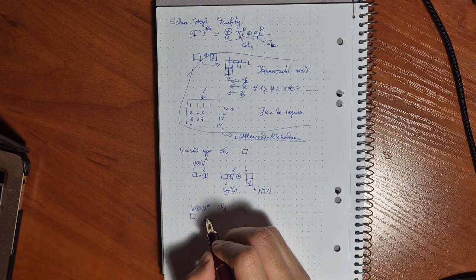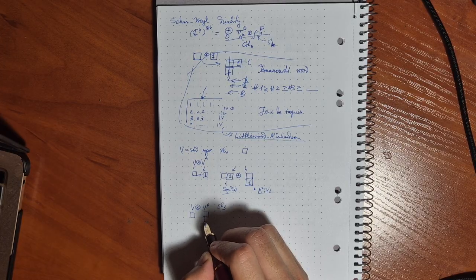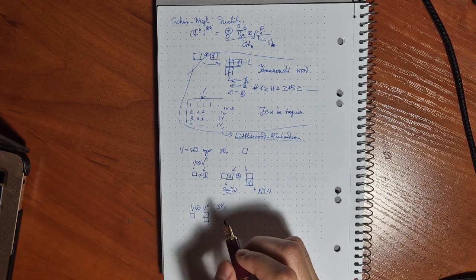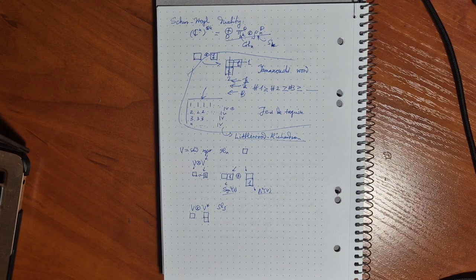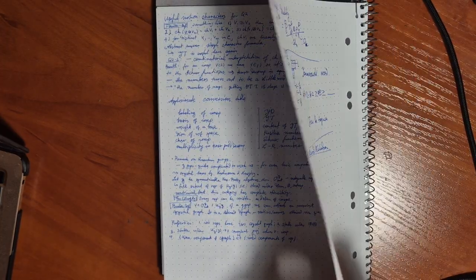So this is represented by this one, and this is represented by... But is it? I think it's for the SL2 case only. Or is it? No, shouldn't be. I will consult the...